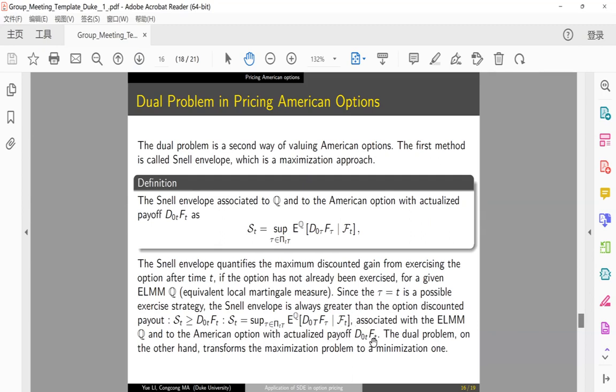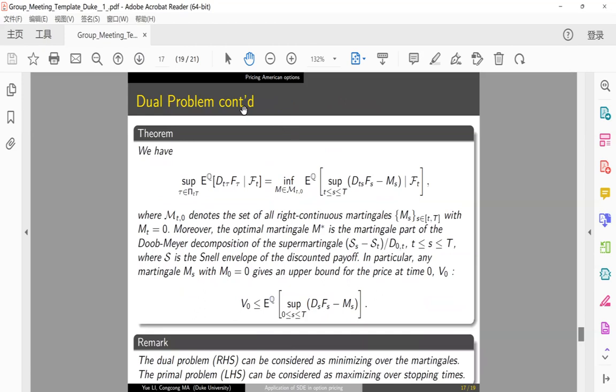the American option factorized payoff of the TFT, where this is the discount factor from 0 to T, and FT is the face value of this option. So the dual problem, on the other hand, can transform the maximization problem into a minimization one. So now we have this dual problem